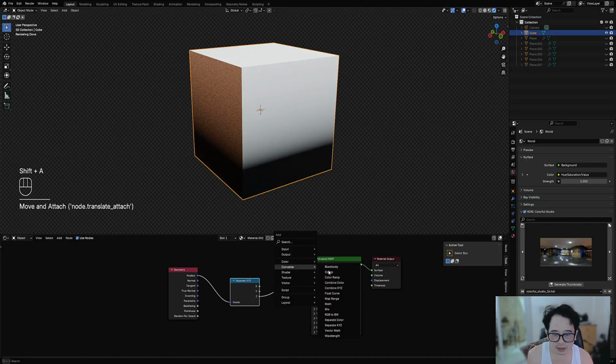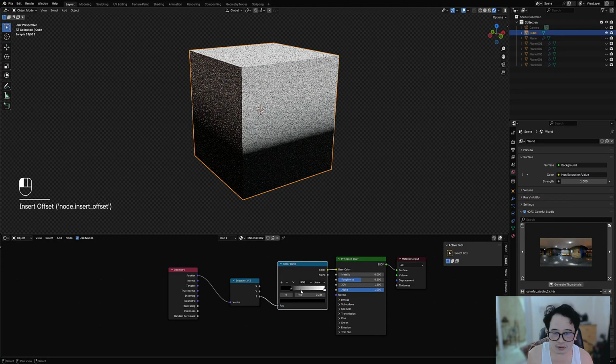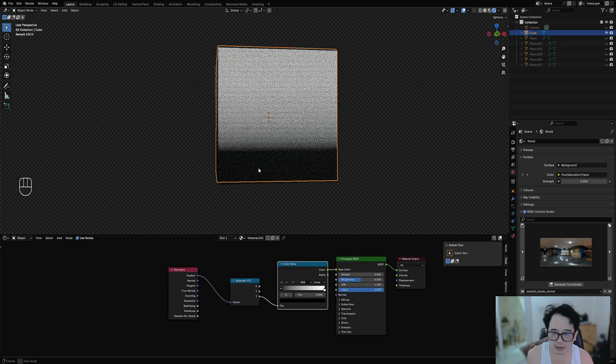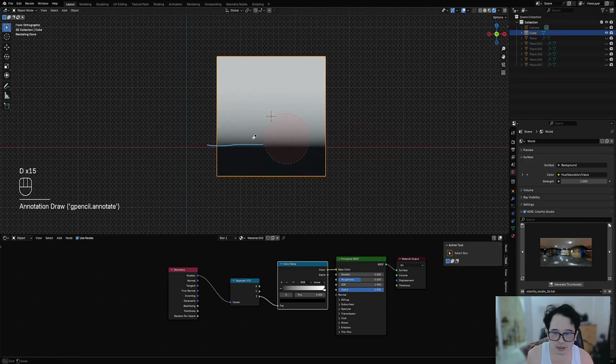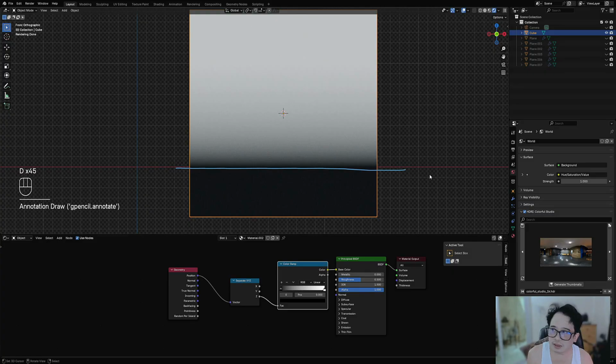And then we can control the intensity of the color using the color ramp, and also control the location of the zero displacement threshold. So with displacement, black means no displacement, and the brighter the pixel gets, the more displacement that you will get. Okay,